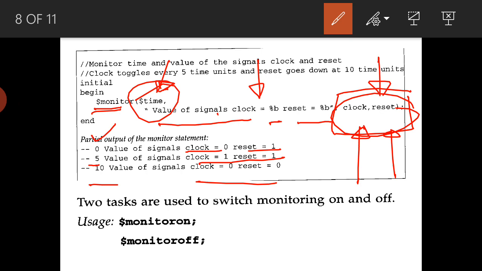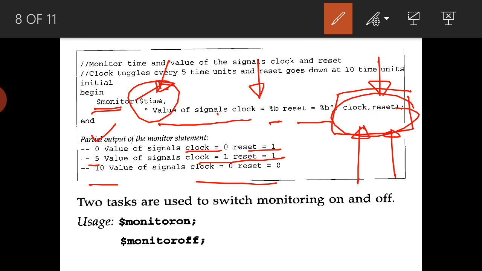So there we saw the application of $monitor: as the value changes over a period of time, we can see how it changes and debug whether the simulation is going the right way or not.